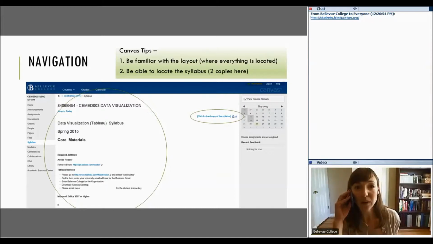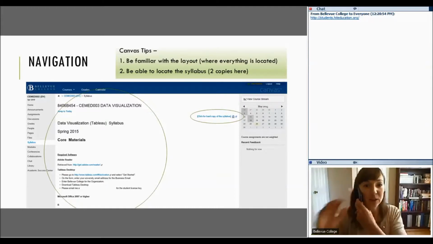So Bellevue College used to go through Blackboard, and as of last year, they switched to Canvas. So now all of their online courses are through Canvas, and I'm going to kind of show you. I'm going to actually scroll in so you can view it a little bit better, and then we'll go into the actual Canvas and look at it even closer. But Canvas is the main platform that we use here at Bellevue College, so that is primarily what we're